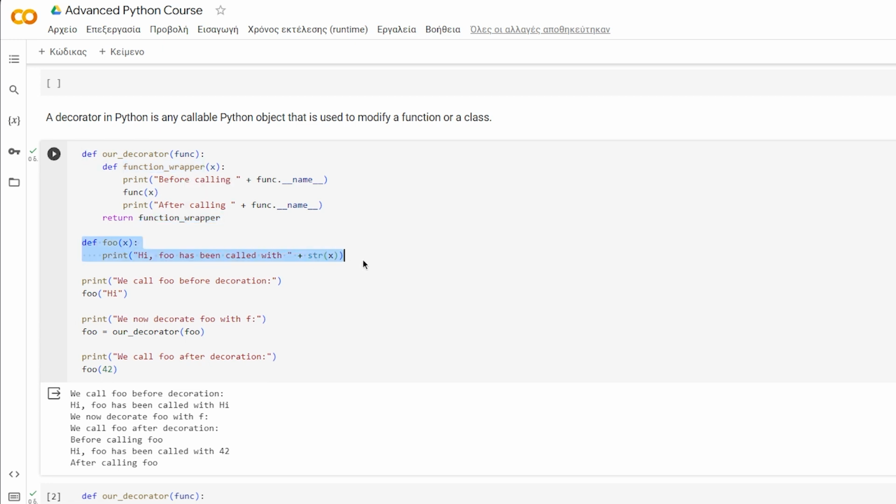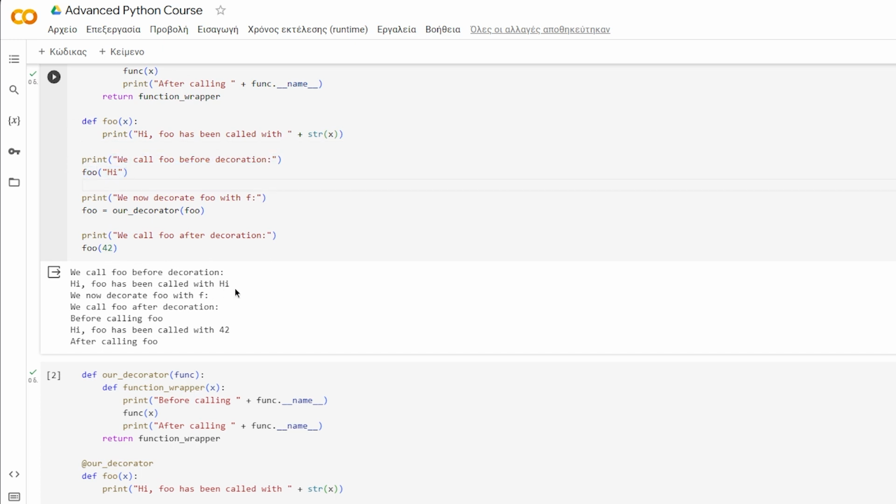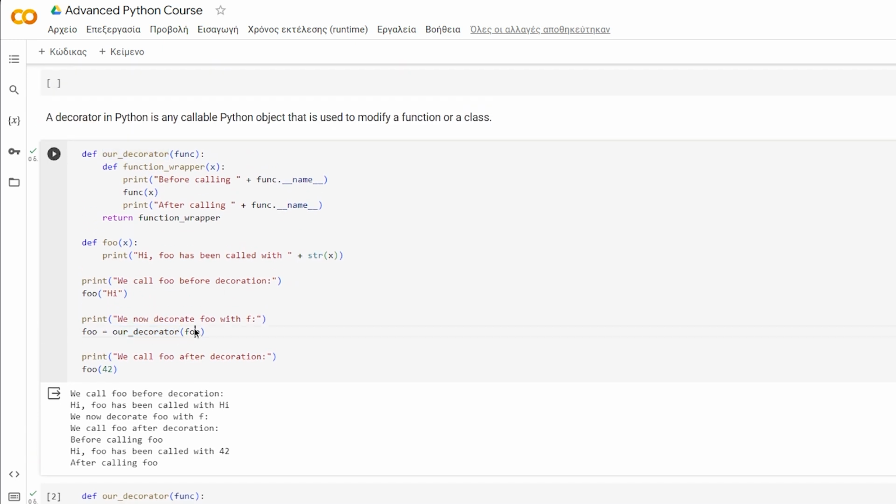So here we define, as an example, a function foo that prints a specific string. Here we call foo and we can see the result, and then we create a decorator. The decorator is going to have foo as an argument, which is a function, and it will return a closure that is going to be calling this function foo. So by using the closure, as we've seen in the videos about closures, and specifying 42 as argument, we can see that foo 42 will run inside of the function wrapper